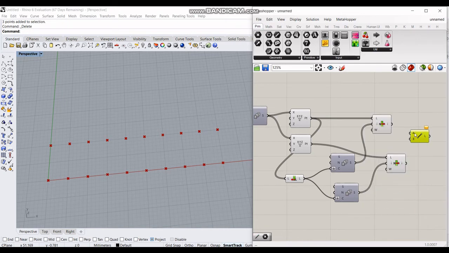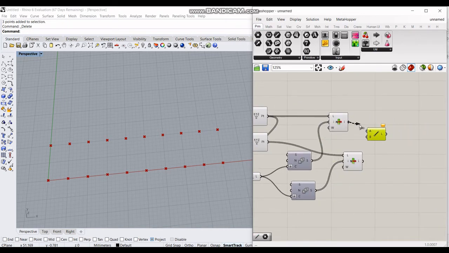This line component creates the line values, and it uses two inputs, which are the two extreme points, and gives us the line as the output.